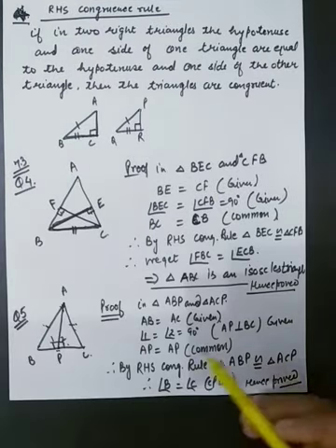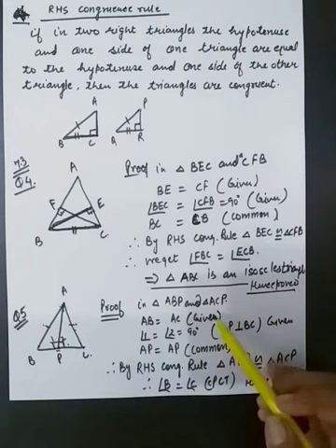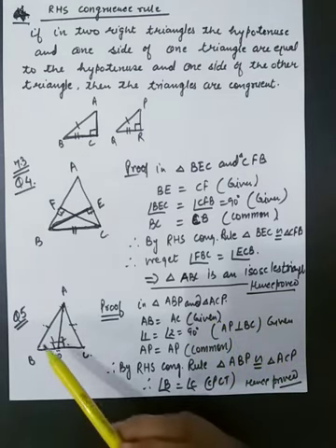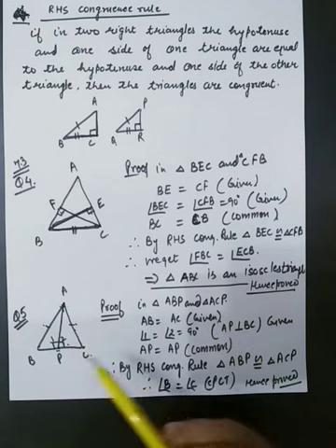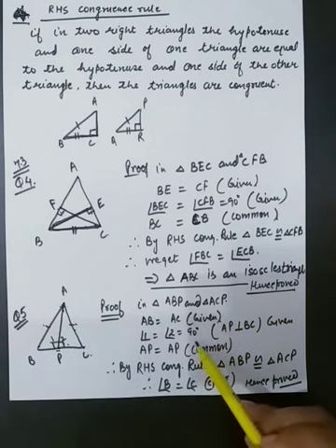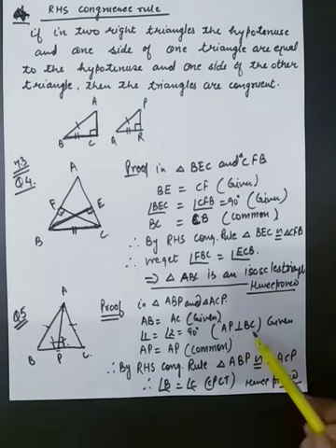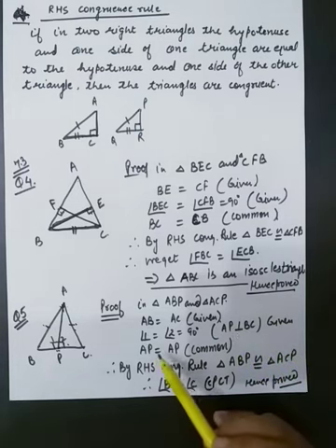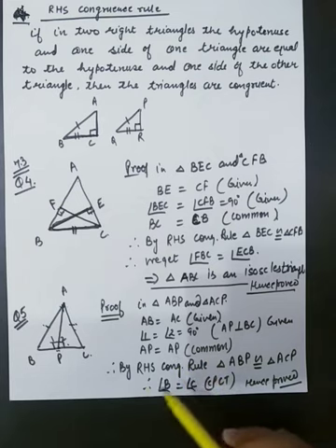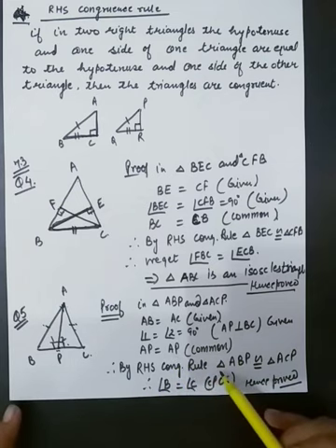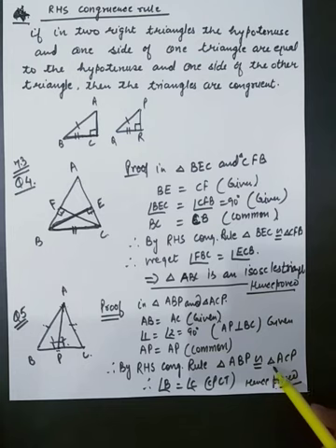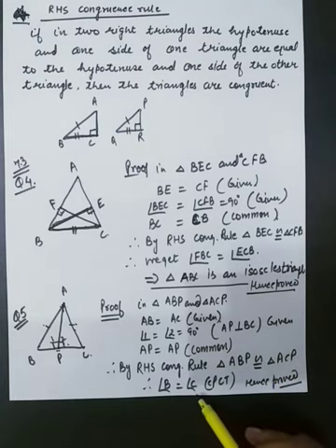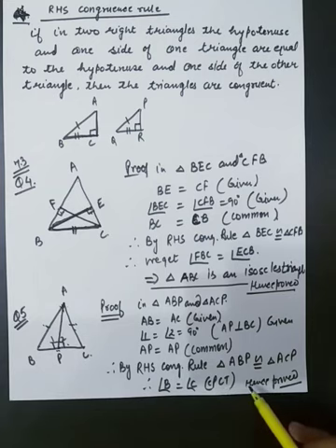You can write the proof of question 5 like this. In triangle ABP and ACP, AB and AC equal given. Angle 1 is equal to angle 2, 90 degree each, because AP is perpendicular to BC, this condition is given to us. And AP is equal to AP common. So by RHS congruency rule, triangle ABP is congruent to triangle ACP. And we get angle B is equal to angle C by CPCT.